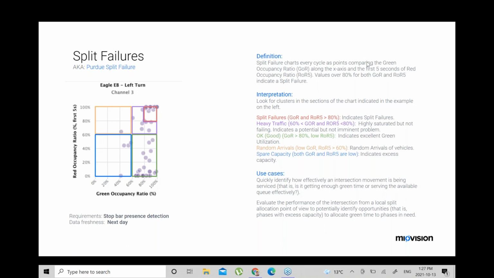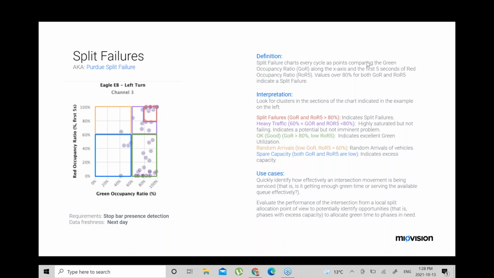When it becomes something that you really want to start watching is how many times we see this top right quadrant, the purple and the red. So the purple is really what we call heavy traffic. This is 60 to 100% of the time that detector is occupied for that phase during the green phase, and then similar to that, there's always vehicles left over in the first 5 seconds of red. So you're getting a much higher traffic volume, or you're getting a little bit more saturated, but it's not quite failing to 100%. And that's where we see red split failures.